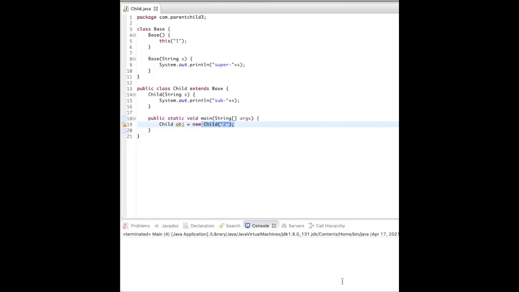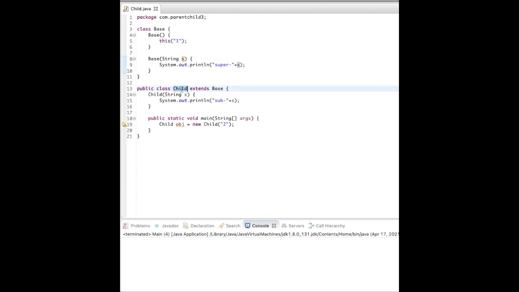Now this next question focuses on how object instantiation, object creation, is impacted in case of inheritance. So we have a base class which has two types of constructors. One is a default constructor, the other one is a parameterized constructor. The default constructor is calling the parameterized constructor with parameter 1, and in this parameterized constructor we are just printing "super" and the value s which is passed here.